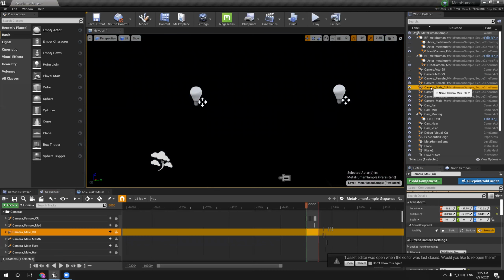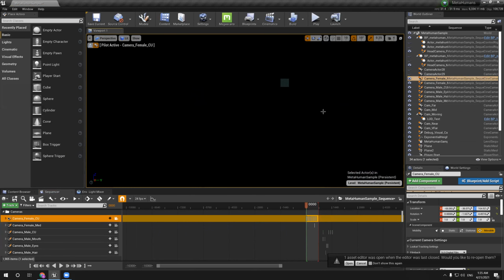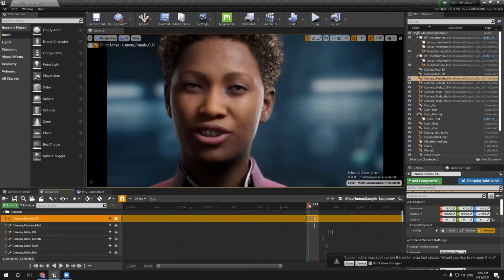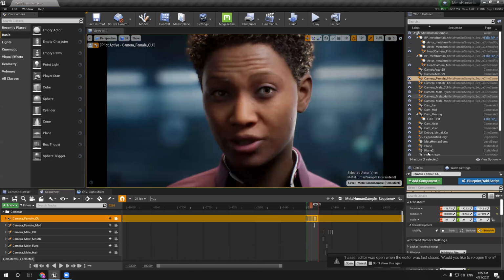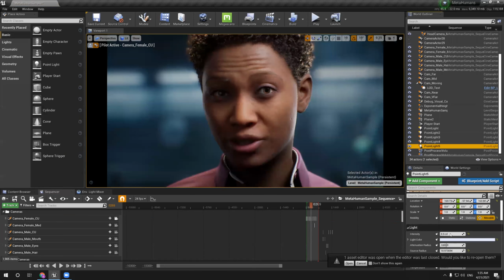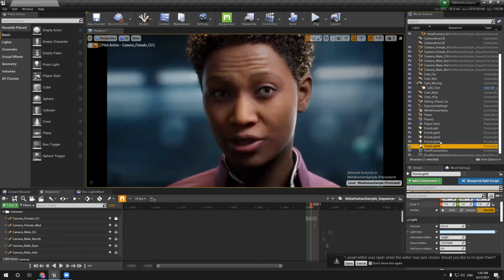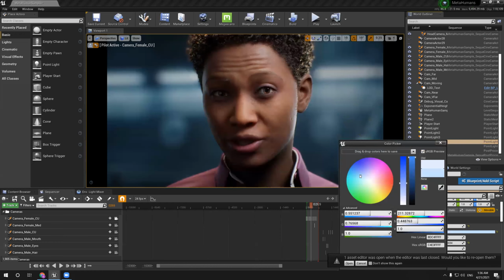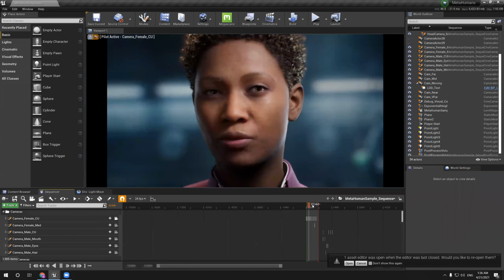Okay, so if I open the sequence now, we can select this camera, right click, pilot, and here we go. You see, now we have really, really nice lighting. So we can just make this more blue to match the background, and this one too. And here we go. If we play it,